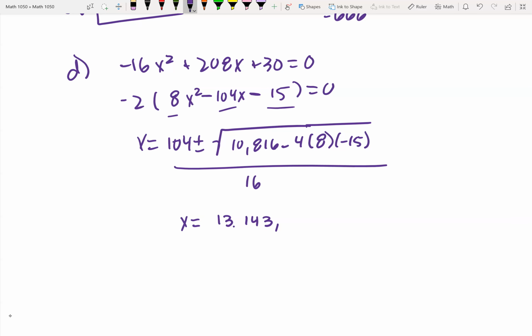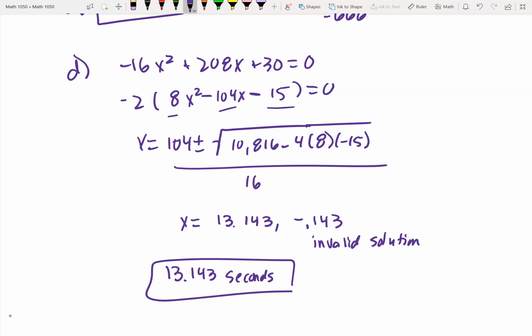And you get x equals, I'm going to go 13.143. Okay, and then I'm going to go up, hit negative, enter, and I get -0.143. Then I'm going to write invalid solution because x stands for seconds. So it's 13.143, and that is seconds. Okay, then I'm going to go back up, change my negative to a positive, hit enter. Then I'm going to go store, enter. Then I'm going to hit up until I'm back on top of that equation, hit enter,